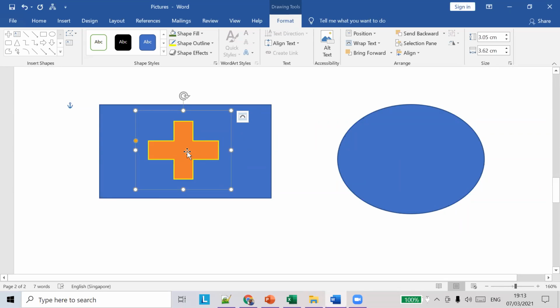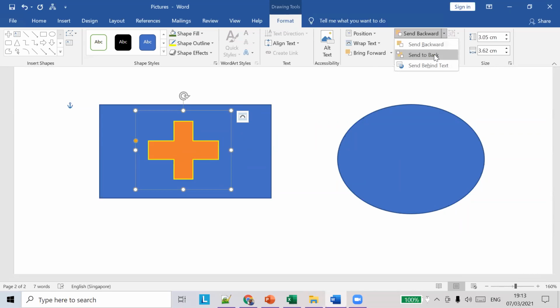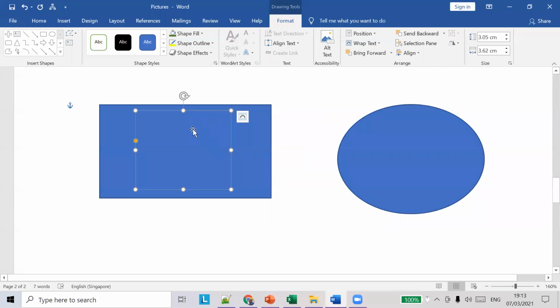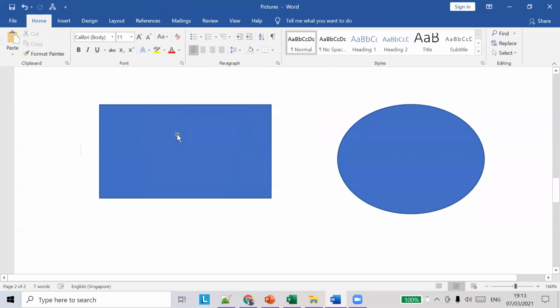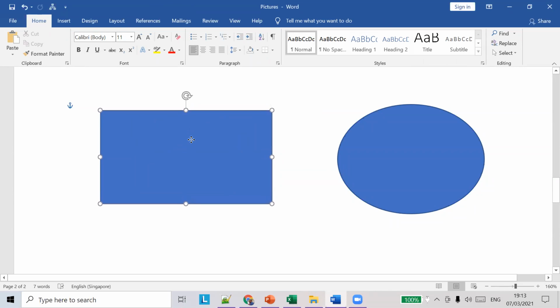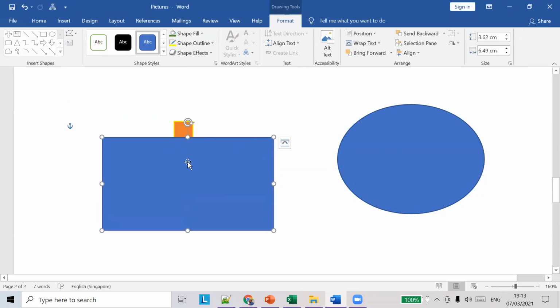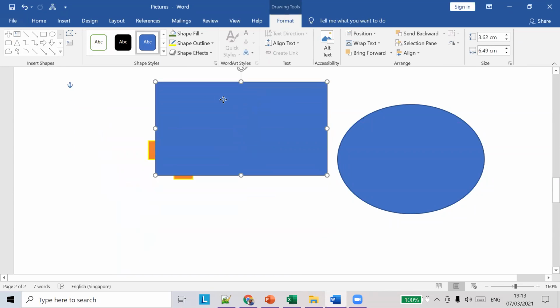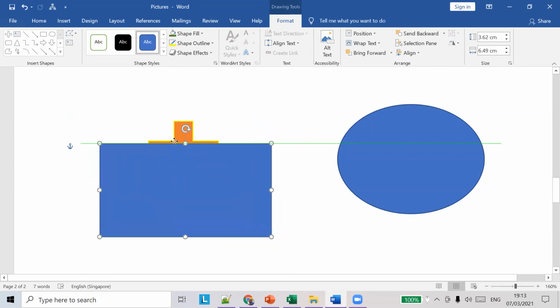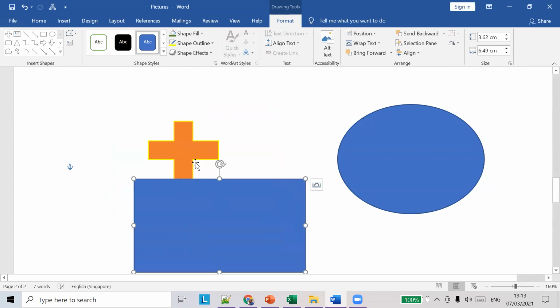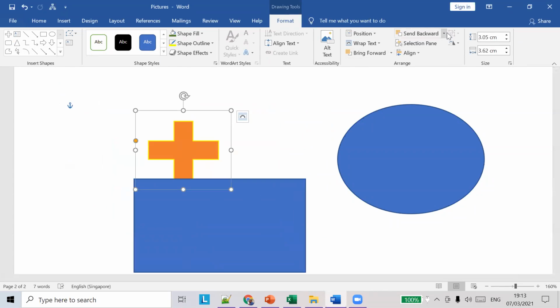So what I can do is I can click on it, and I can say send to back. So now what happens is this cross symbol, right? It went back of this rectangle symbol. So if I move this down, you can see it here. So what happened is it's put behind that picture. So if you want to bring it up back, right?